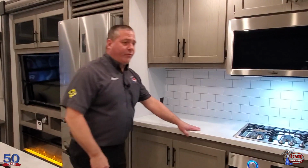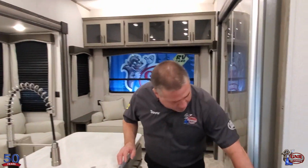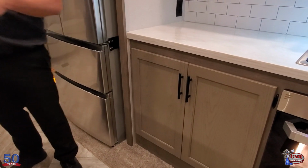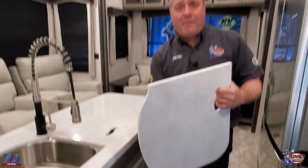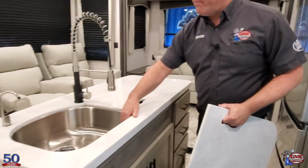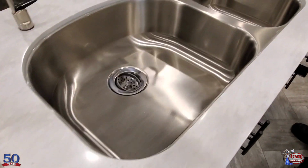The solid surface countertops, just like you find in high-end homes, right? They've gone really modern. This looks like the same cabinets I have at home. I have a different countertop, but that's okay. You know what? And here, look, this weighs like 10 pounds. This is the matching solid surface sink covers, a massive under-mounted stainless sink here into the solid surface countertops, and then